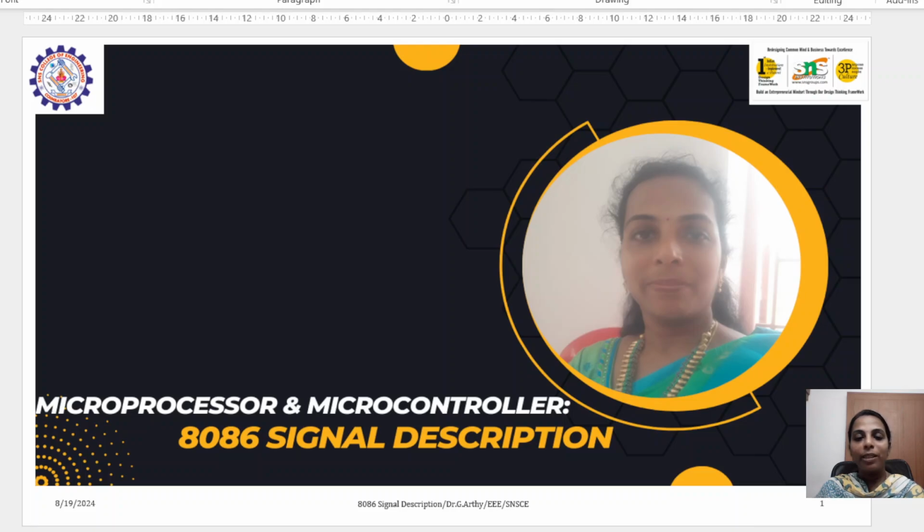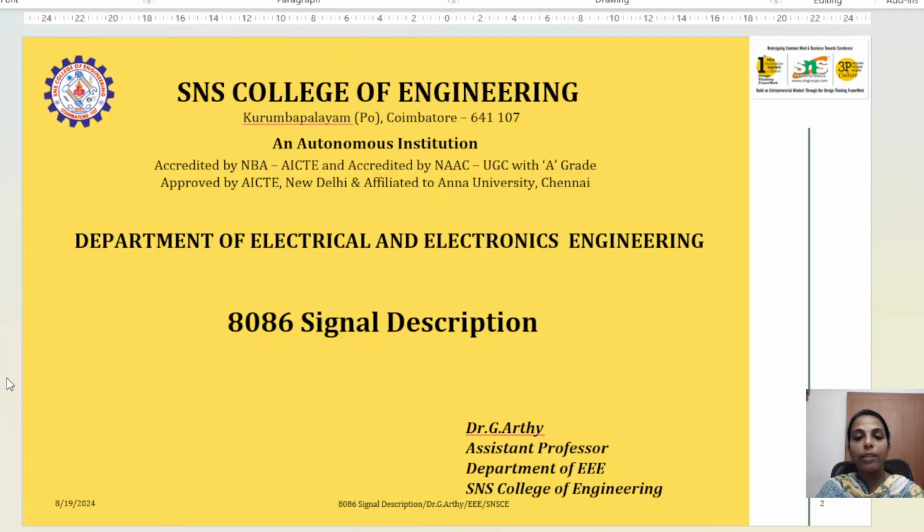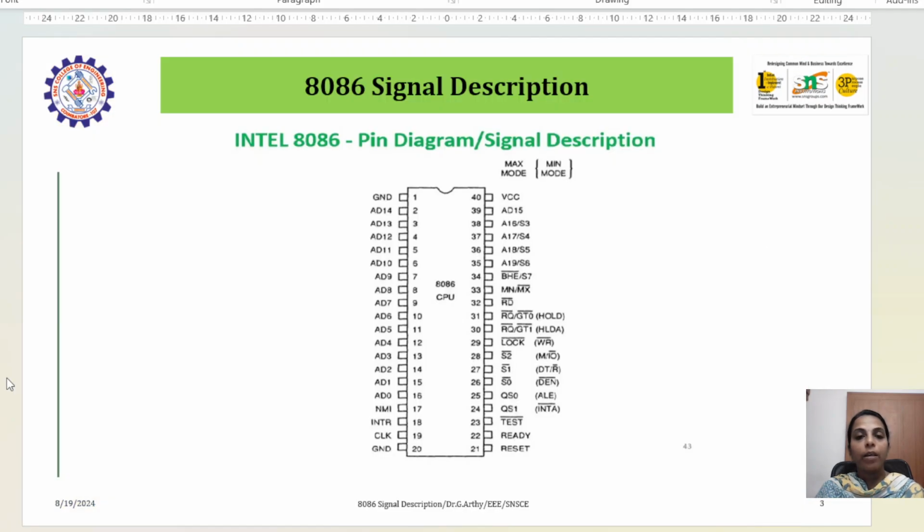Hello everyone. In today's lecture, we are going to discuss the signal description of 8086. Signal description is nothing but the pin diagram of 8086. So 8086 is a 40 pin IC. Here pin number 1, the ground pin, starts, and then the 40th pin will be the VCC pin. So leftmost is ground and rightmost is VCC, which is a basic connection which has to be given whenever